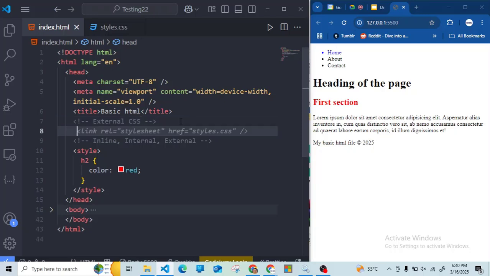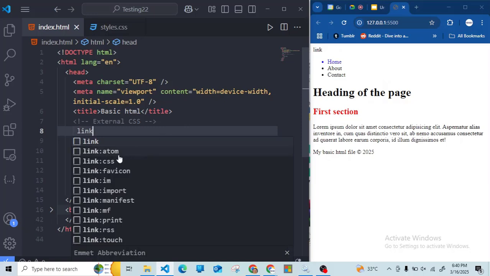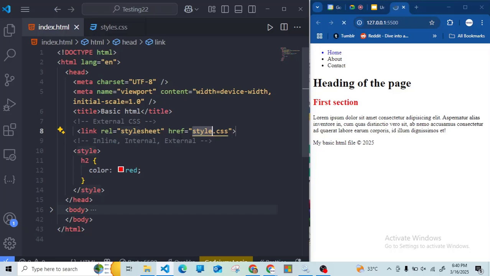So underneath the comment, I'll just put in a link, and if I type link and I click this link:css, you will see that it will generate a complete link for me, and then I will include S because mine is styles.css. All right, like this, I have established a connection between my file index.html and